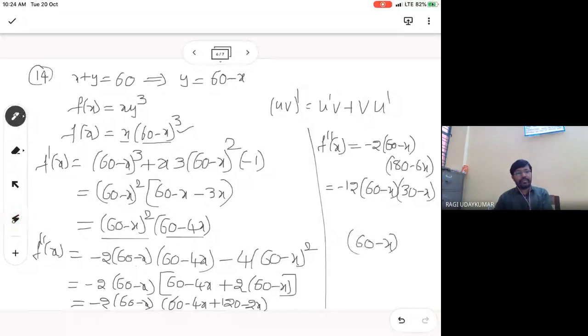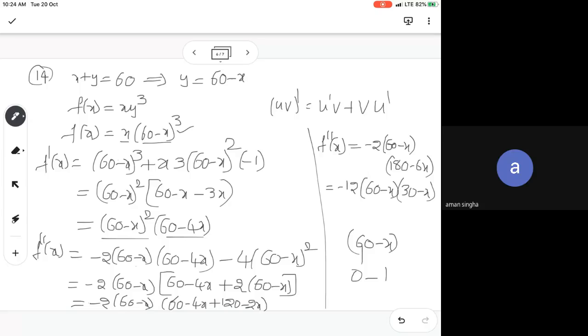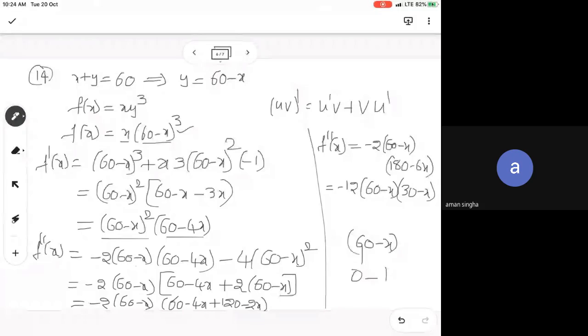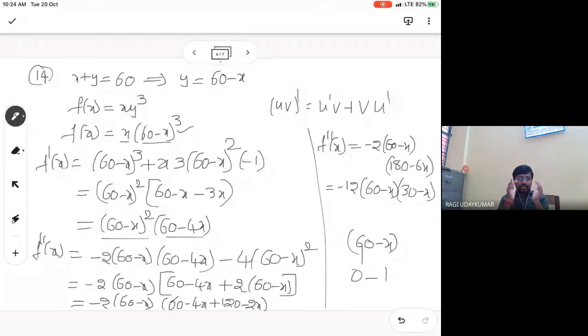What is the derivative of 60 minus x? 1, I think, and 60's something. No, the derivative of 60 is 0, and here it will be minus 1. Yes, okay, understood, so the minus x gives the minus 2, that minus is coming because of 60 minus x. Take the complete thing as x: the differentiation of x square is 2x, the derivative of x square, but that x you have to differentiate again. You have to find the derivative of that function. Understood. So that is very good.